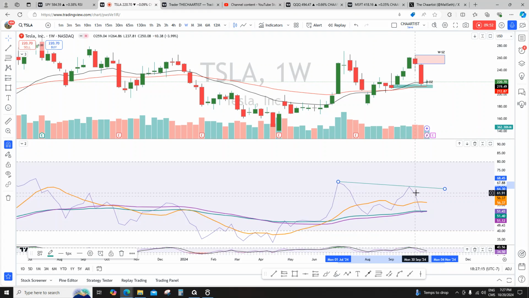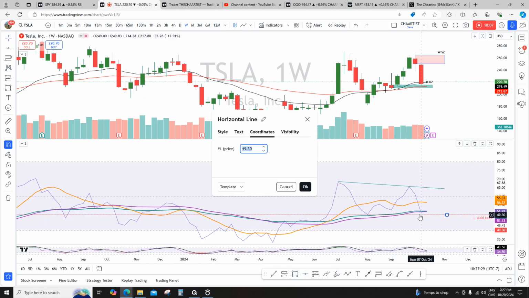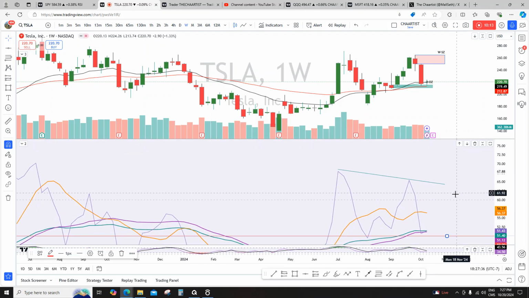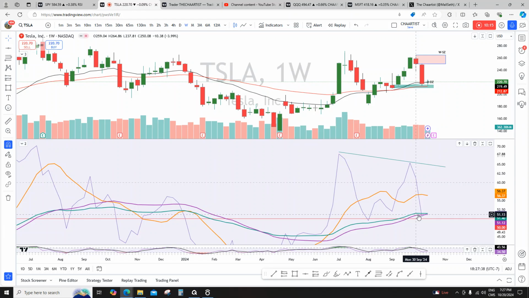I'm long. I'm telling you, I'm long. Okay, and I'll continue to be long in Tesla. Now, this is your profit booking, and when it comes down, the sell-off of this RSI happens in the 50 to 60 range. If I draw a line here, look at this. This is 50 coordinates. Look at the selling of RSI. It is happening in the 50 to 60 range where it is creating momentum.